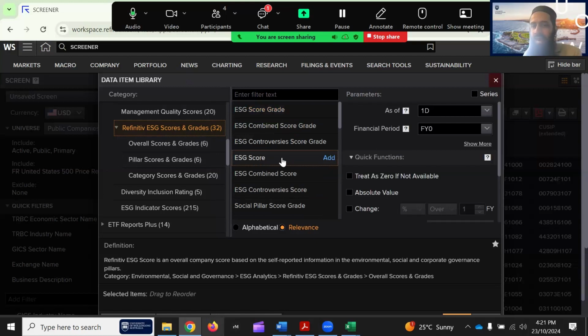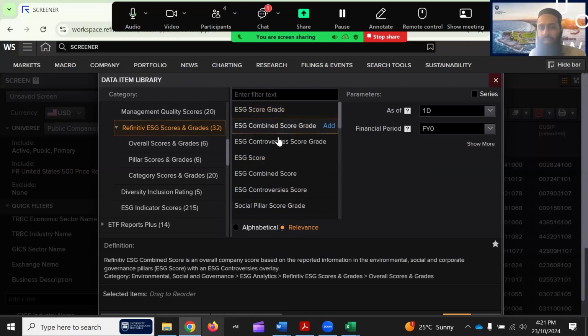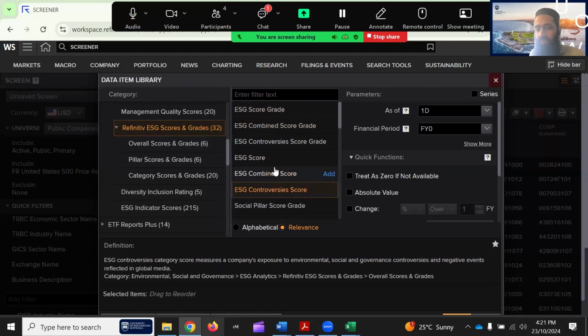So it has enabled this add. But before I add to my list, I want to make sure this is the same variable I'm interested in. So I can read the definition. For example, if I click on grade or any other, the definition will change. So I just want to make sure that I'm collecting the right data.